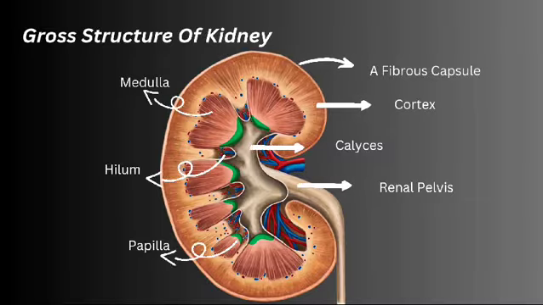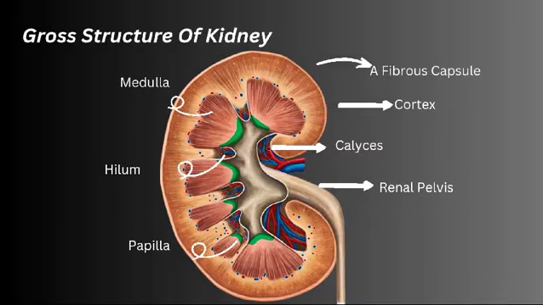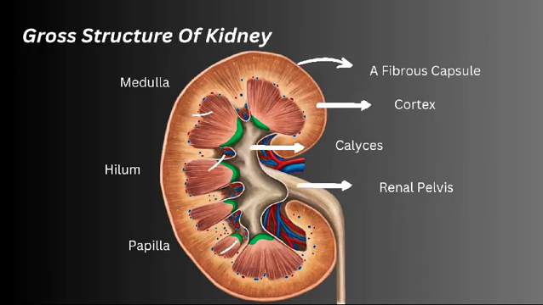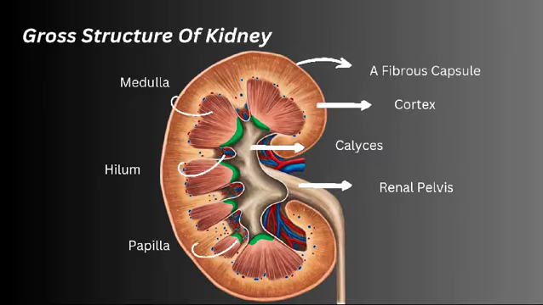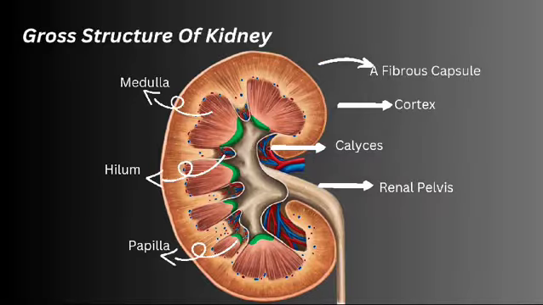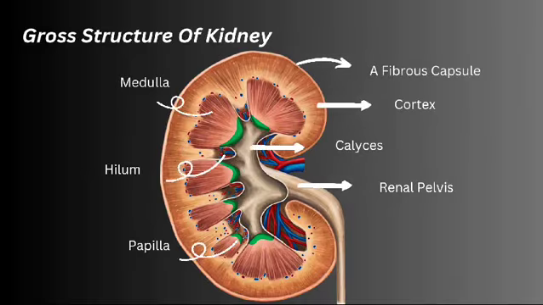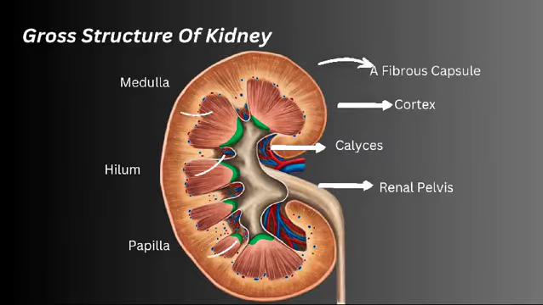The hilum is the concave medial border of the kidney where the renal blood and lymph vessels, the ureter and nerves enter. The renal pelvis is the funnel-shaped structure that acts as a receptacle for the urine formed by the kidney. It has a number of distal branches called calyces, each of which surrounds the apex of a renal pyramid. Urine formed in the kidney passes through the papilla at the apex of a pyramid into a minor calyx, then into a major calyx before passing through the pelvis into the ureter.